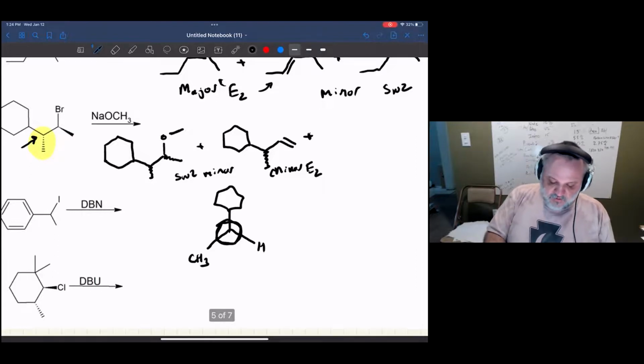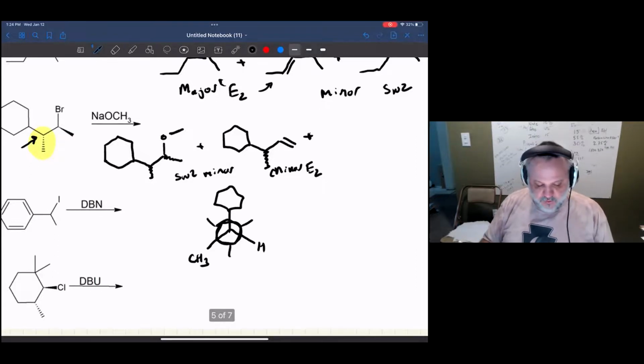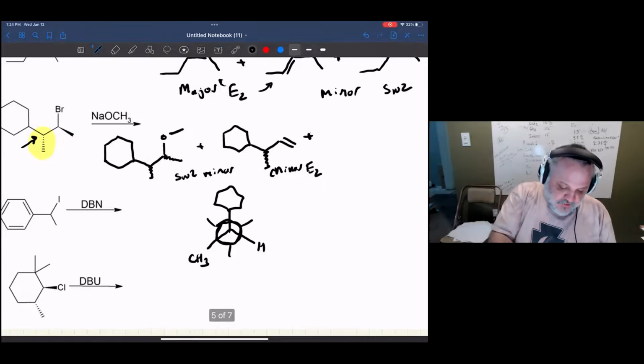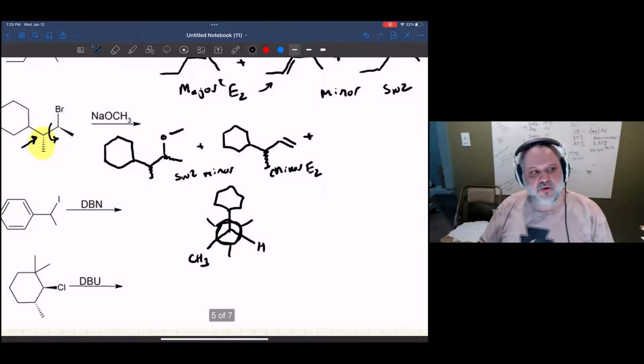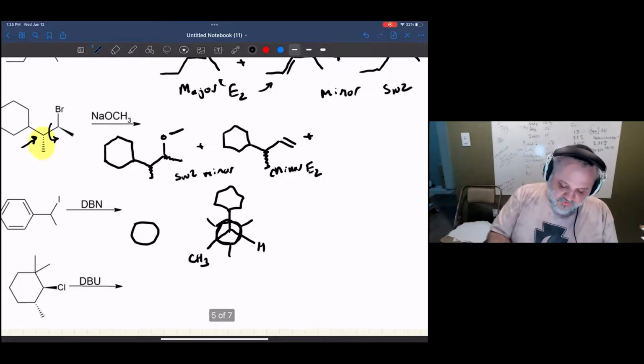I've got a hydrogen here. What about in the back? Where's the bromine? Well, I see that the bromine is also pointing in the up direction. So what that actually means is that I have a staggered conformation. So I have to rotate that bromine down. So if I start with a staggered conformation, it looks like this, where I've got the CH3,